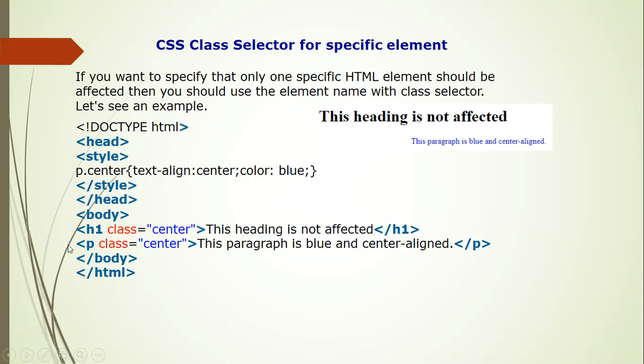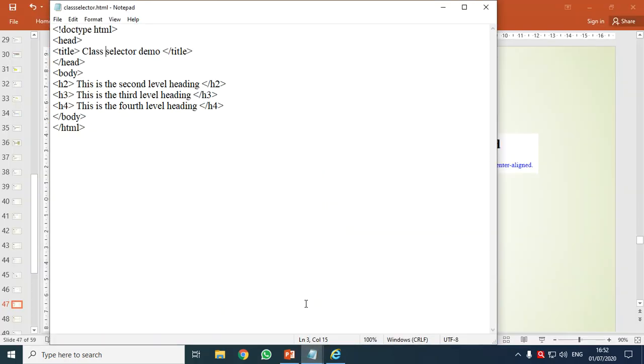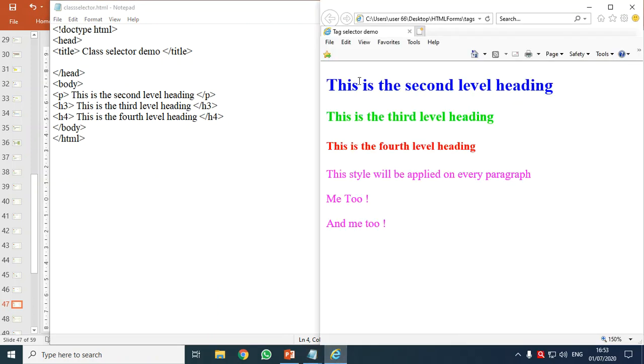So let us take a small example practically and understand class selectors. We have 3 tags here. I'll make it P tag and H3, suppose. Let us apply styles. Want to see the output of this?